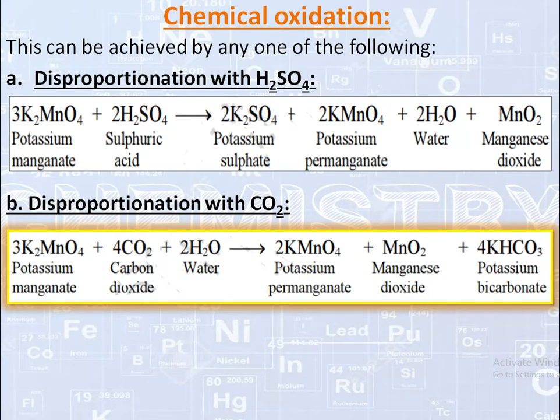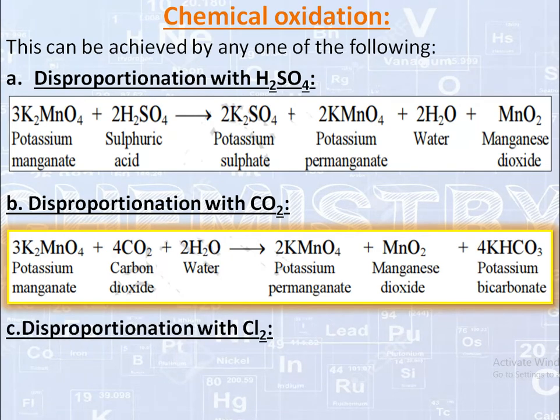So the carbon dioxide process is uneconomical as 1/3 of the original manganate is reconverted into manganese dioxide, which we can use in the first step. So it is uneconomical, and this is the reaction given in your textbook, which is why I bordered it in yellow. So this reaction is given in your textbook.